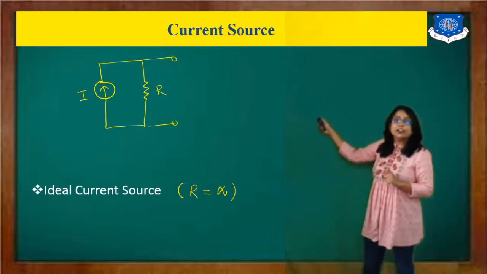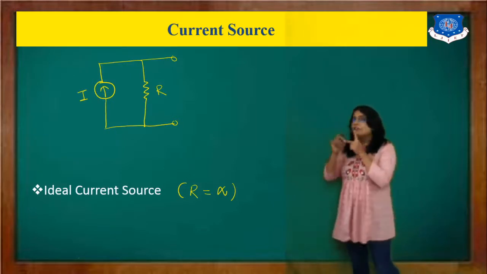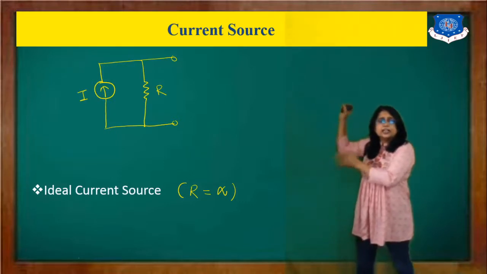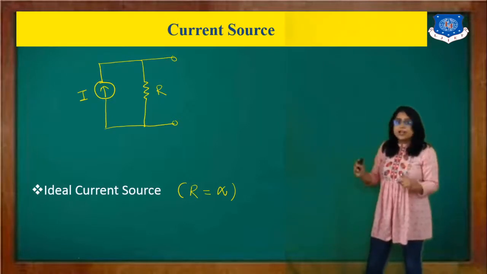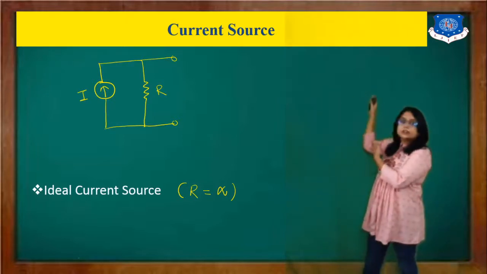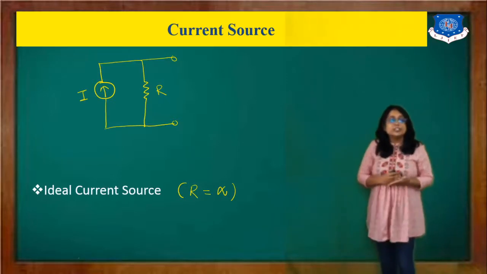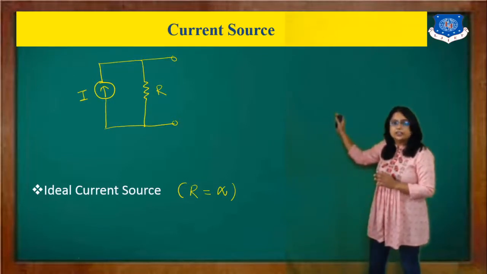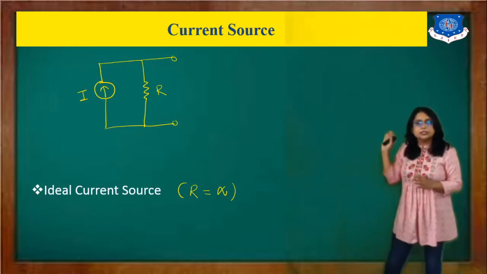If it is infinite, then this current has two paths. One path has infinite resistance. Here, at the terminal end, you can assume any circuit, any parallel or series combination of resistors. But if it is an ideal source, then the value of R is infinite, and in the rest of the circuit you have some value of resistance, and we know that current always takes the low resistance path. So here you will not get any current in R. Okay, so whatever the I is there, that you will get to your circuit.